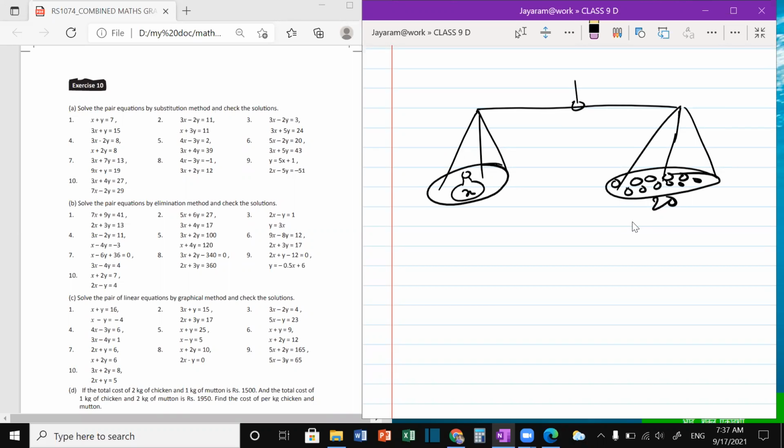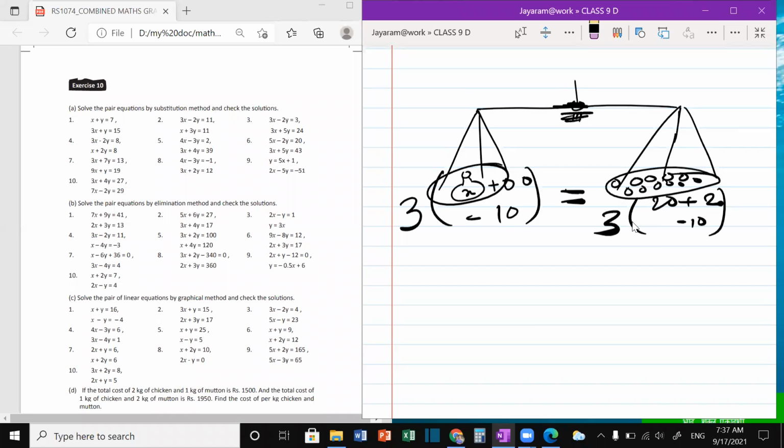Whenever we work with an equation, if you add 1 tomato or 2 tomatoes here, how many tomatoes do we have to add to make it balance? Sir, 2. Okay, similarly, if you subtract 10 tomatoes here, how many should be subtracted to make the beam balance equal again? Sir, 10. Very nice. So this is the equal sign here, and it happens in multiplication also. If we multiply by 3 here, to make it equal again, the other side must be multiplied by 3.